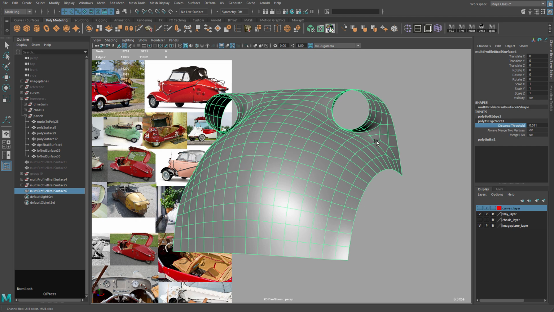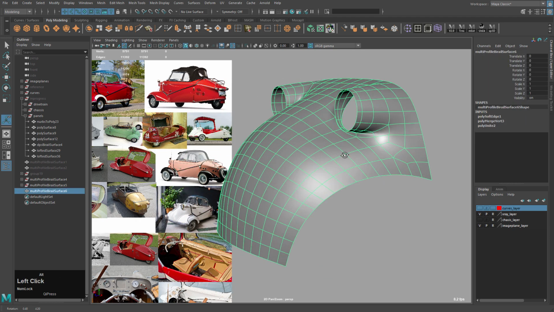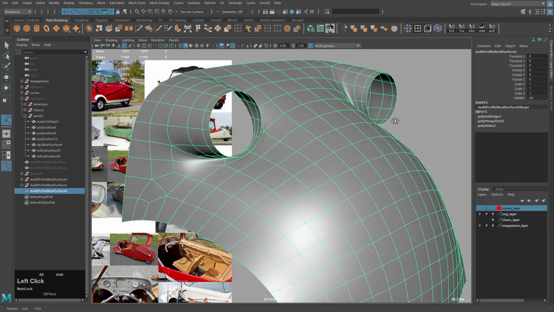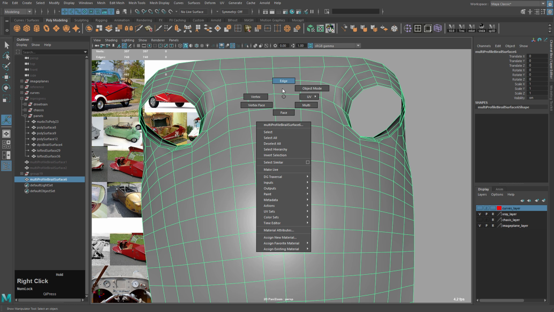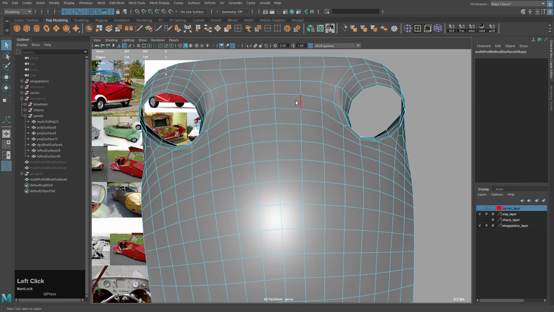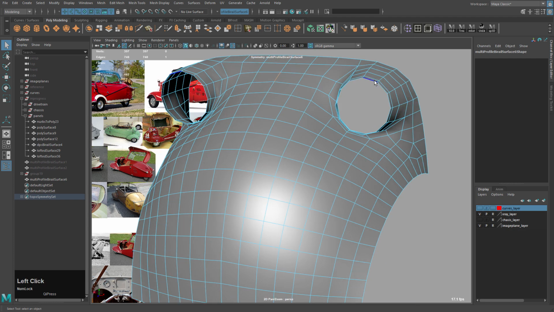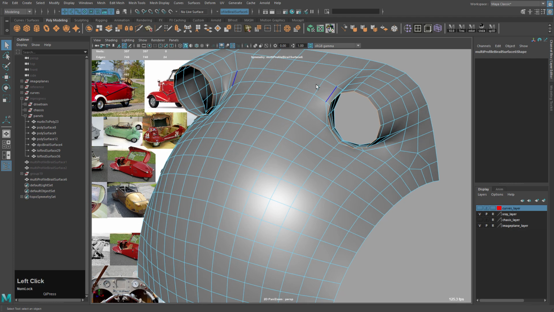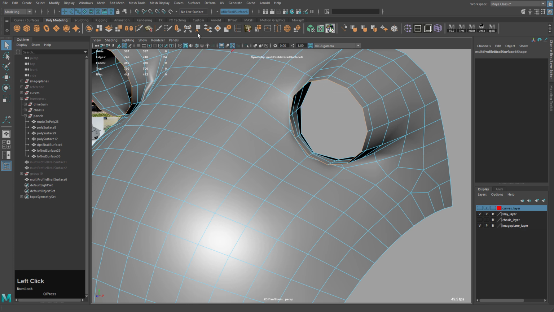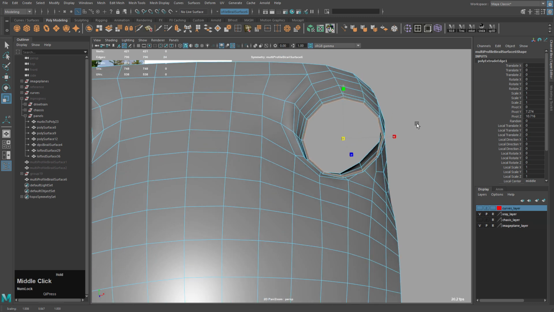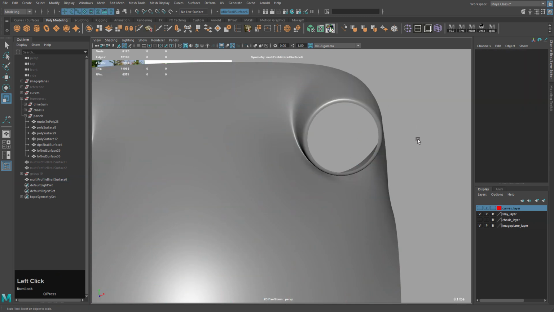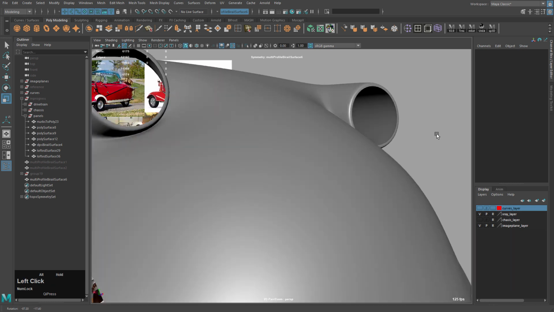You can also just type in a number here. Make sure nothing else that we don't want merged is merged. That looks good. If you go to edge, select the edge in the middle, hold Control Shift, right click, go to symmetry and turn on topology. This will create topology symmetry. We can then double click the headlights here and the edge loops on the end. Click extrude, press R, and then scale into the center like that. Press 3. There you go.